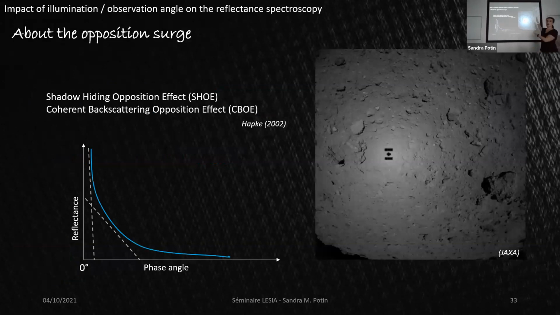This is Hayabusa 2, so you can recognize Ryugu. It's at a phase angle around 0 degrees. I know that this is where I took the measurements. You have an effect here, the opposition effect. You have an increase of reflectance because you are at a phase angle of 0 degrees. If you know it's here, you can correct it. But instruments that are able to measure the reflectance